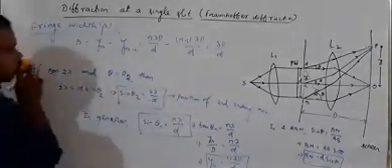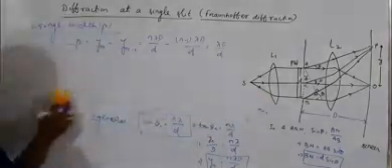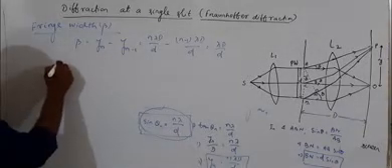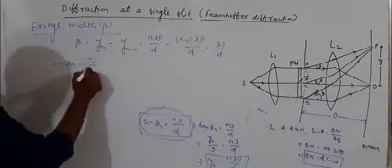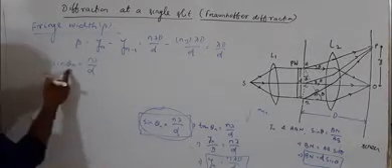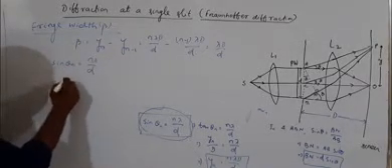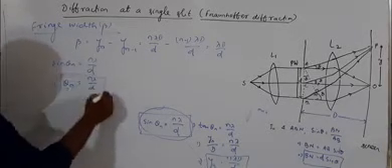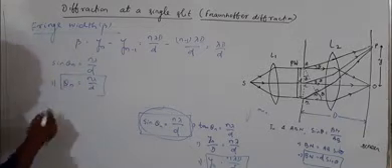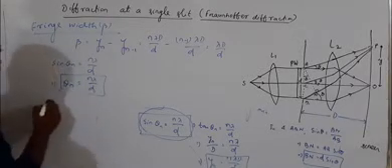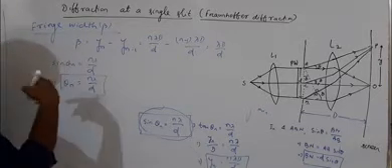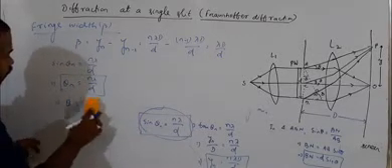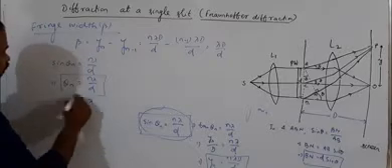How to find the angular width? Angular width of each maxima. Now here from this equation, sin theta n is equal to n lambda by d. You already know theta is very small, so in place of sin theta I can write theta n is equal to n lambda by d. This is the angular width of the nth minima. For the first, or angular width of each minima or each maxima, theta is equal to only lambda by d. Okay.